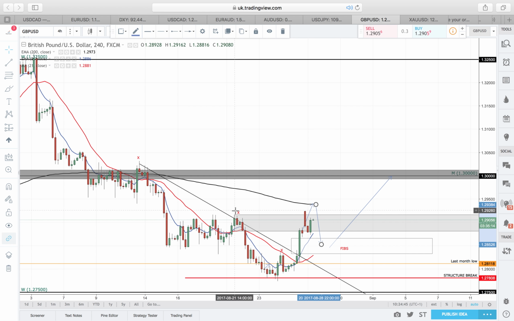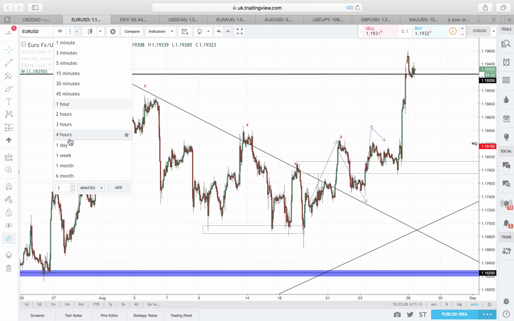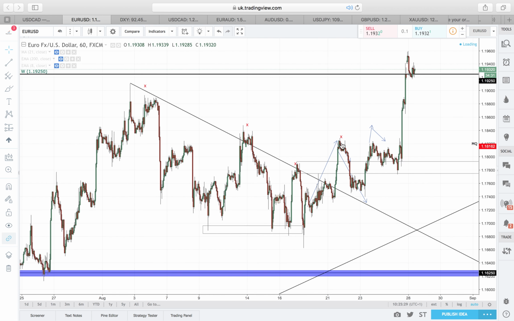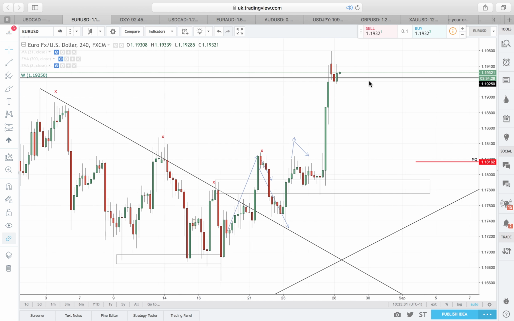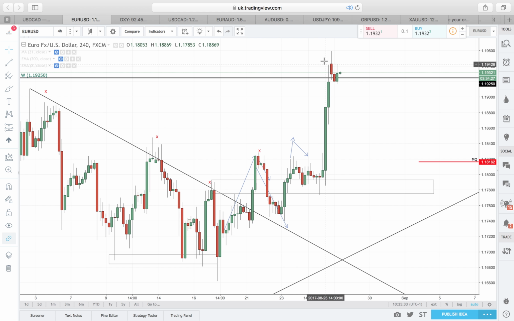And let me just go over Euro USD quickly. Our target from last week was reached beautifully, and we actually mentioned every move specifically. We mentioned this move which happened, this move which happened, bam, and 1.19250 was hit. I'm expecting profit to be taken around 1.19250, so I'm expecting a bit of consolidation at 1.19250.